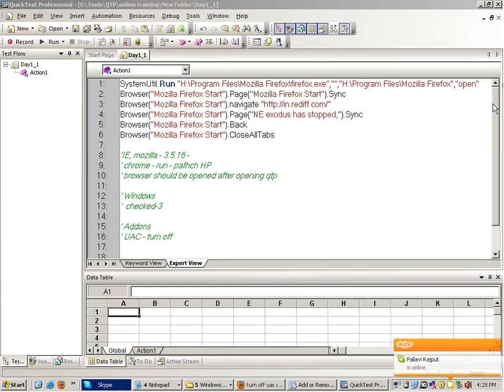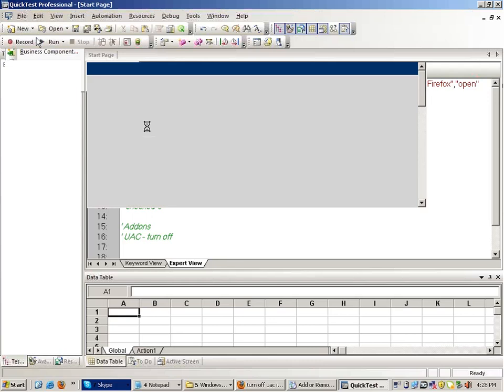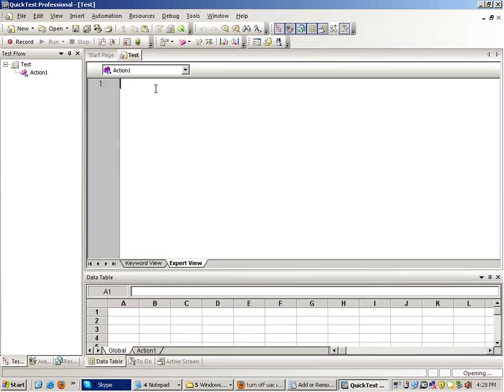Now let's make a new test, and let's see how QTP works, how it records, how it runs, how it perceives things.